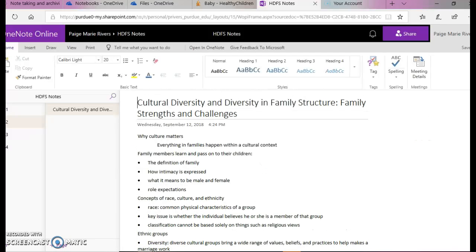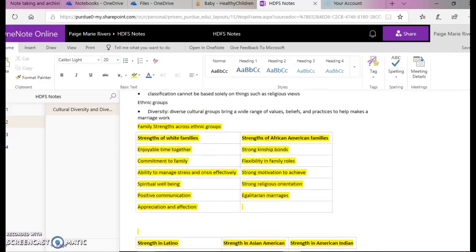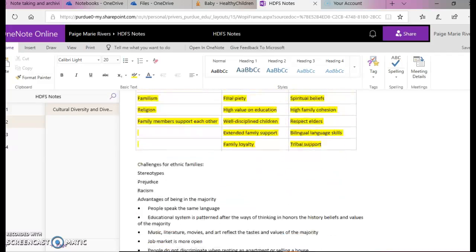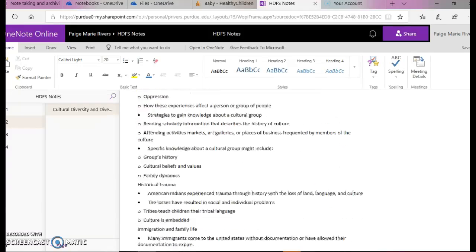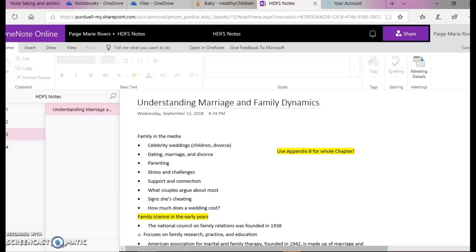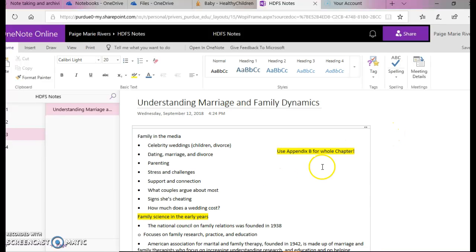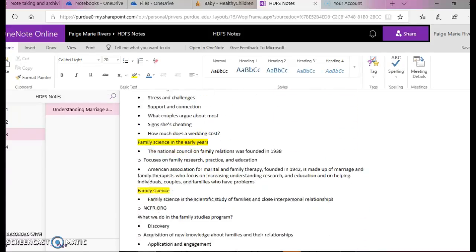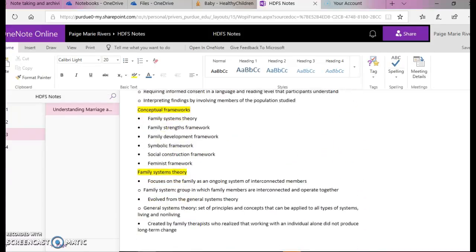Chapter 2, I have the title, I have another page like the first one. This is all highlighted so I knew what to look at when I took the test. Chapter 3, I have more notes. I have another side notation right here where I was supposed to go to look in the chapter. More highlighted